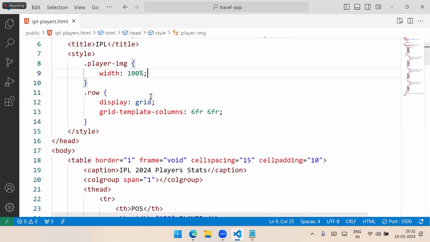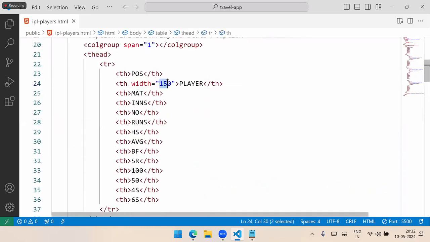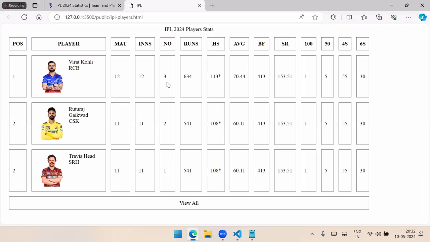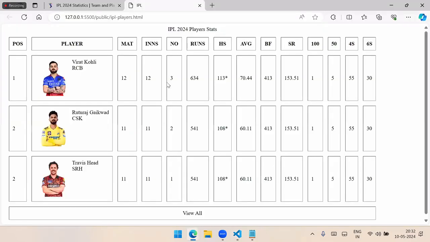Now we will give 200 width for this cell. 200 is the width for that player. That will be fine. We can adjust more width. So suppose we give 220 for that, because one player name is lengthy, we can just keep it like this. That is how we can define. This is the table related width and height. And you see, entire table,